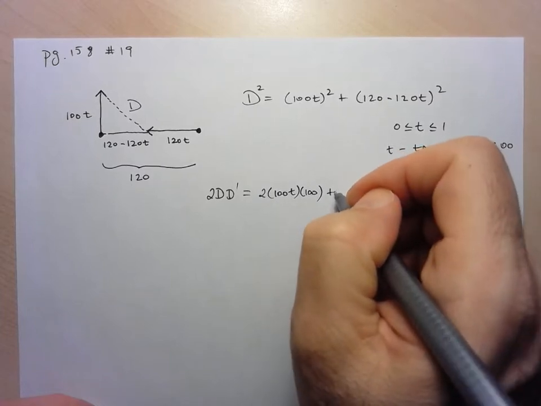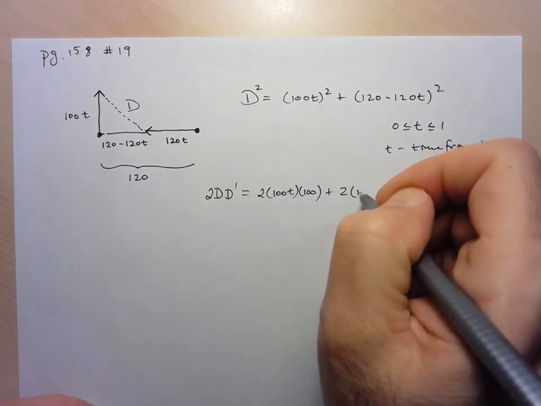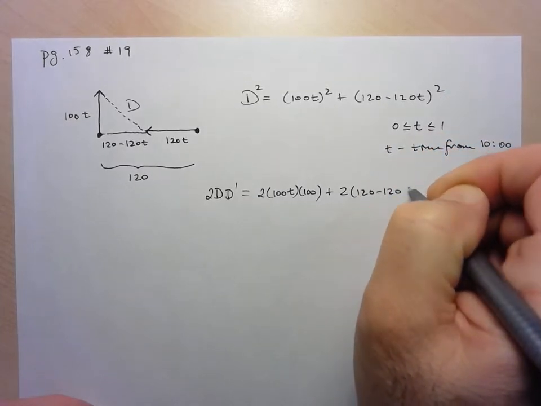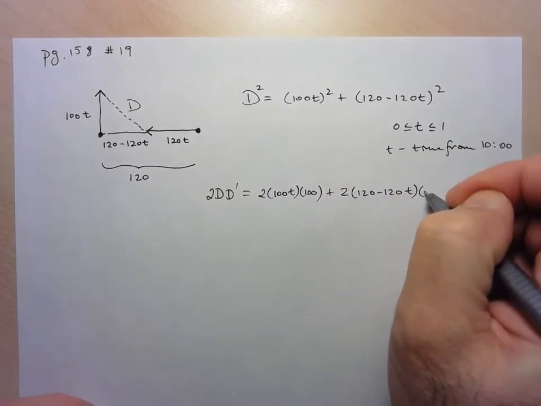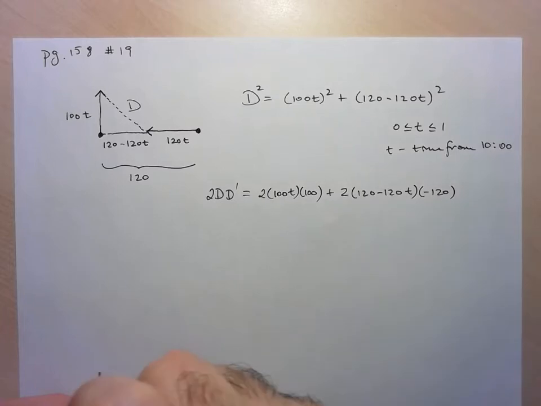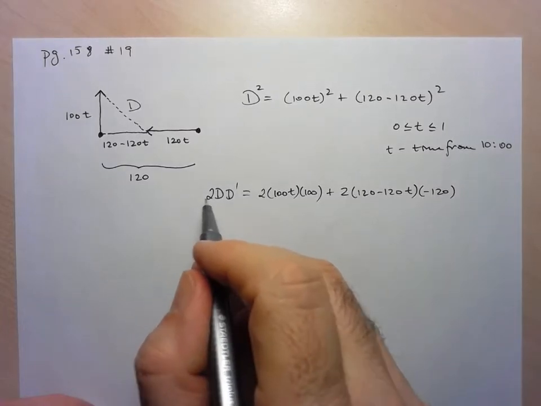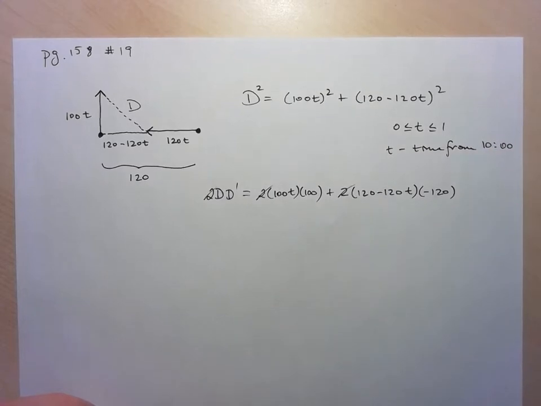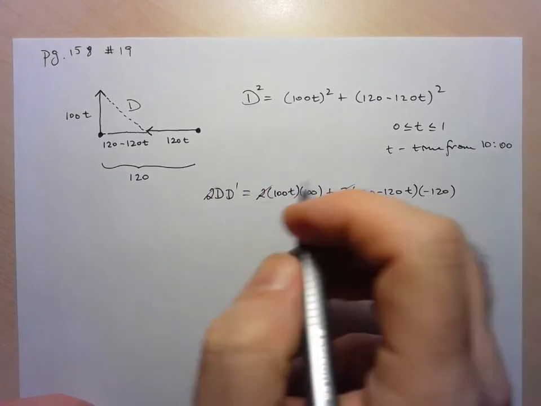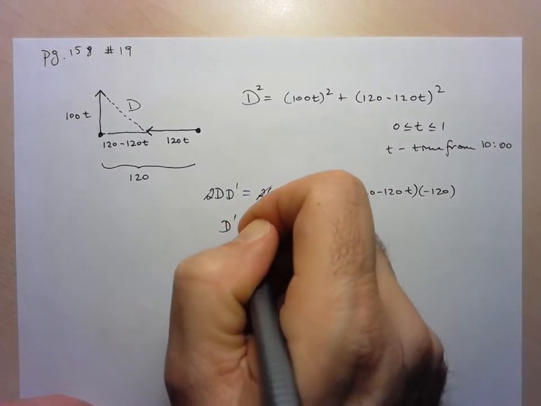Okay, and same thing here, 2 times 120 minus 120t to the exponent 1 times the derivative of this thing here, which is just negative 120. Okay, I can divide both sides by 2. Just get rid of those coefficients of 2, makes things a little easier. So here we have d prime is equal to,